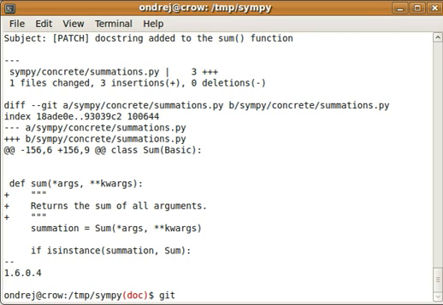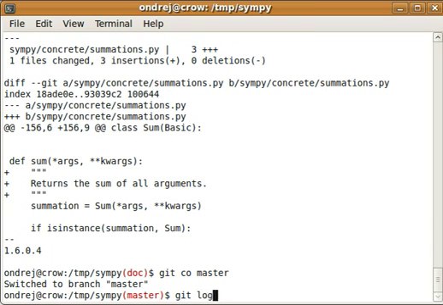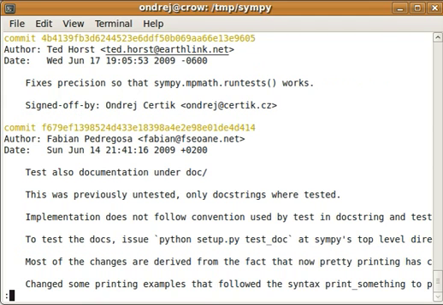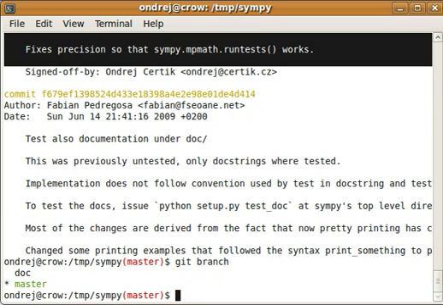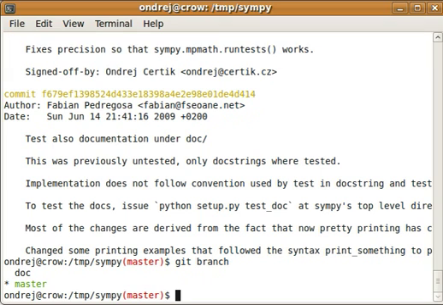Let's say someone else submits another patch and it gets reviewed faster and it gets into our main repository. So what you do is you go to the master branch again, and if you do git log, you can see that our patch is not there. It's because our patch is on the documentation branch, the doc branch. If you do git log doc,